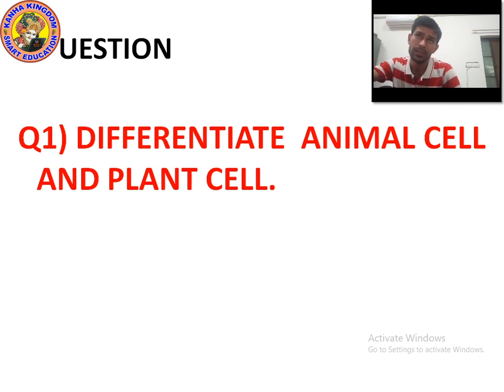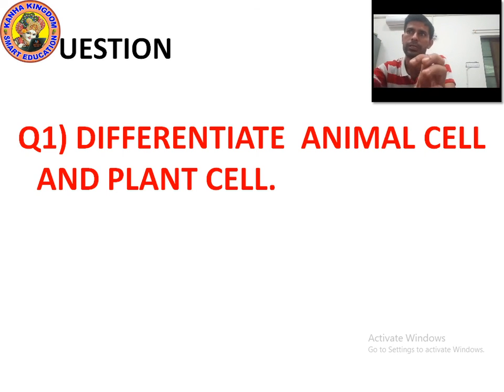Okay. You will draw the diagram of plant cell and animal cell. If you did not understand, let me explain within 2 minutes. Again, point number 1, the main points I am going to explain. Plant cells are larger, animal cells are smaller. In plant cells chloroplast is present, in animal cells chloroplast is absent. In plant cells the vacuole is large and permanent, but in animal cells the vacuole is small and temporary.